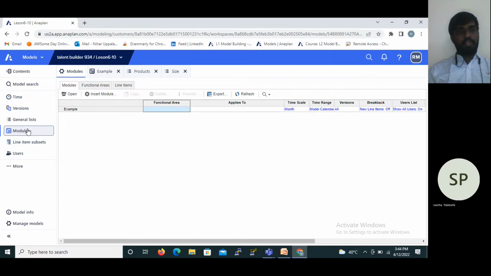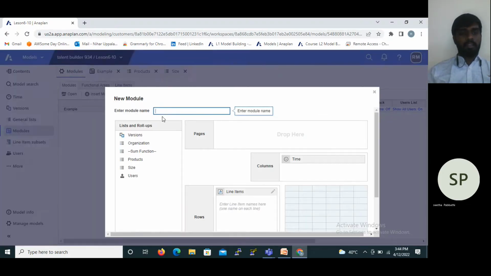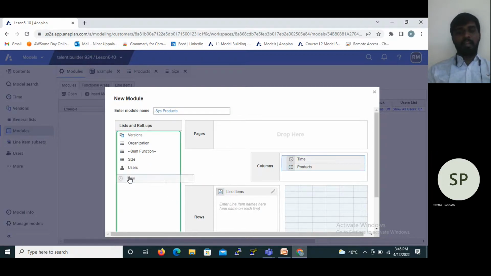And here we are going to create a module as an insert module. Click on insert module, and here we are going to create a system module so that we can easily do any addition or anything by using system modules. So I have named it sys products, and here I am taking dimensions as product, and we do not require the time dimension, so